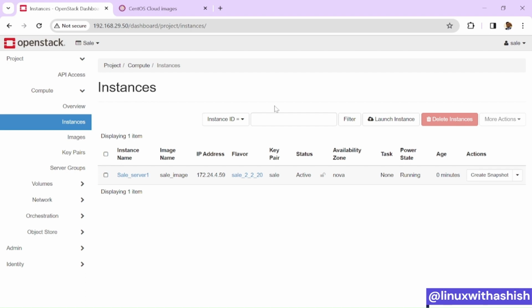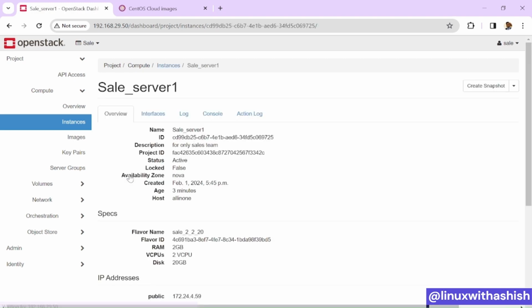If they want 100 instances created in the project, you can create them, but make sure the resources are available. For that I already told you, you go to Compute and in Hypervisor you will get all the resources which are available. If you want to check all the logs and everything for this particular instance, then click on this instance first, like sales_server, and you will get all the information, like overview,